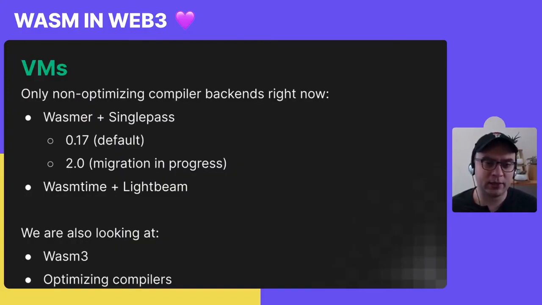Interpreters are really easy to start up, even though they're much slower when you actually execute the Wasm code. So we might add them in the future and allow people to choose which Wasm virtual machine to use when executing the smart contract. They might be able to use interpreters for really tiny contracts and pay even smaller fees for them. We're also going to be looking into the optimizing compilers too.